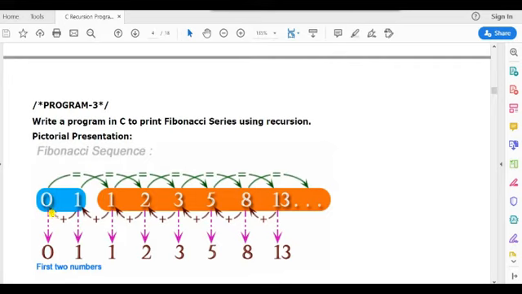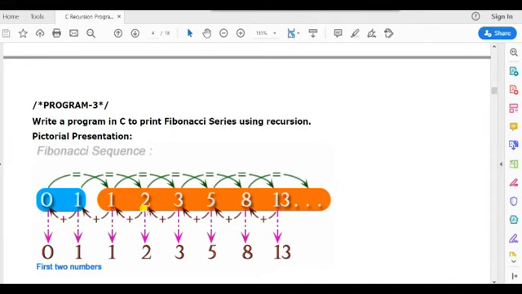Look at this, 0 plus 1, so the next term is 1, and the next-to-next term, the fourth term, is 1 plus 1, that is 2. The next term is 1 plus 2, that is 3. Again the next term is 2 plus 3 equal to 5. This process will be continued again and again. Whenever we want to count the next term, we shift: the first term, second term, then third term.